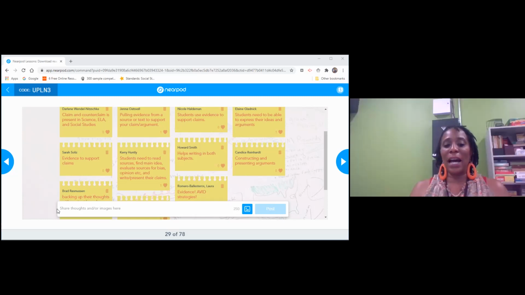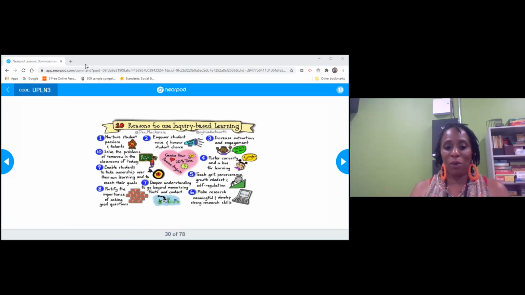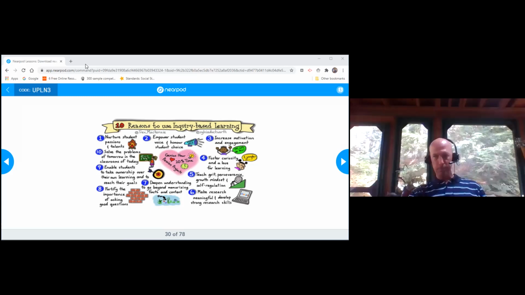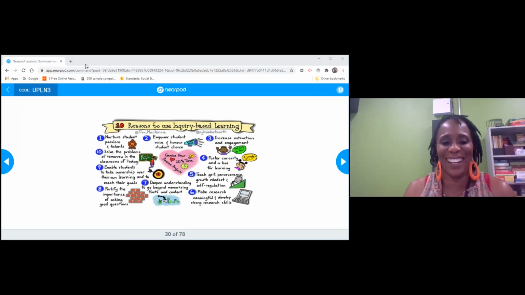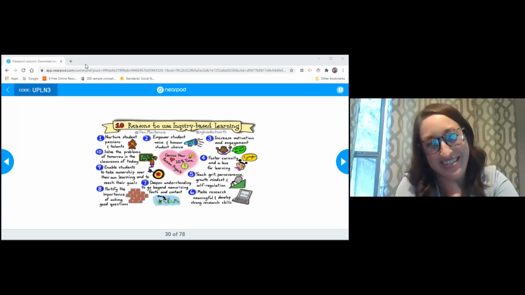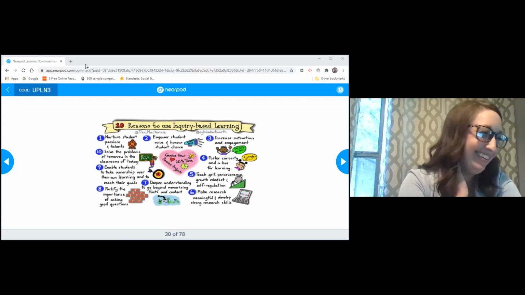All right, so I hope that we have convinced you of the importance of inquiry. If you look at the next slide, there are some reasons why we want to use inquiry. I want you to choose your favorite one. Look over that. This is a summary, and choose which is your favorite one. So read them all first. Don't go to number 1 or number 2. You could still pick number 1 or 2.